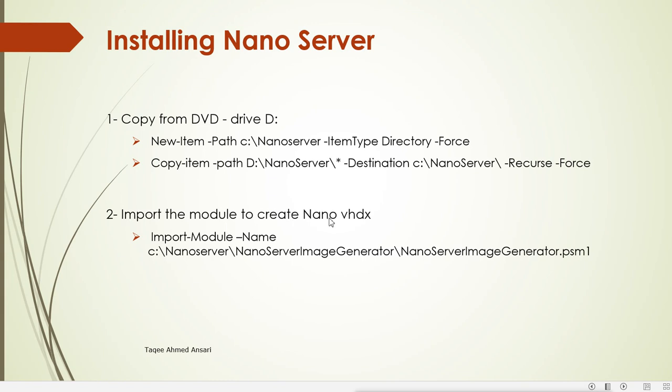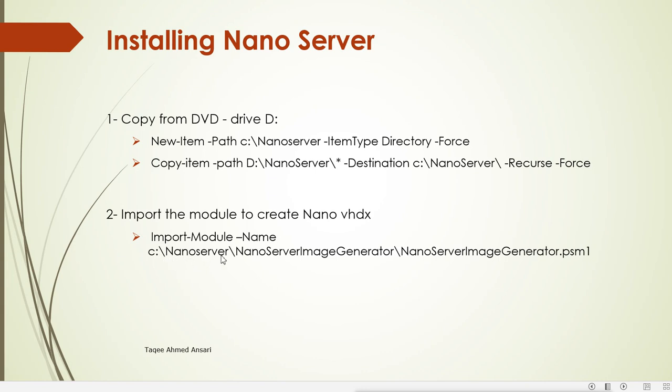In PowerShell, by default we don't have all the commands available. So if we want to run some Nano Server related commands, first we have to import the module for those commands. And for importing the module, we have the Import-Module command in PowerShell. So we will give the Import-Module command with the Name option, and then we will mention the module which is under the NanoServer directory.